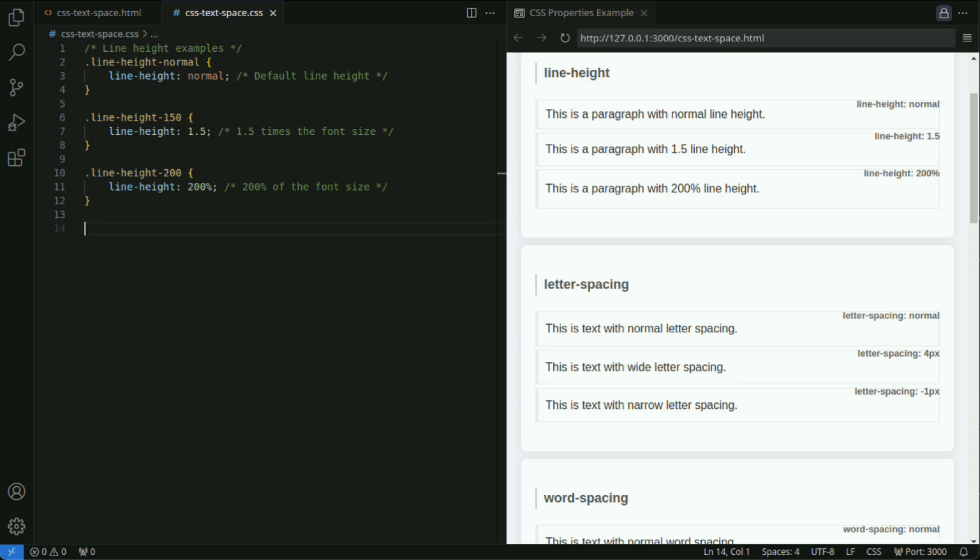Line height is an important property for improving both the readability and design of text. Using relative values, numbers or percentages, makes it easier to adapt to responsive designs. For headings with large text and paragraphs with smaller text, it's crucial to set appropriate line spacing for each. Leveraging this property can make the appearance of text more readable and enhance its design quality.